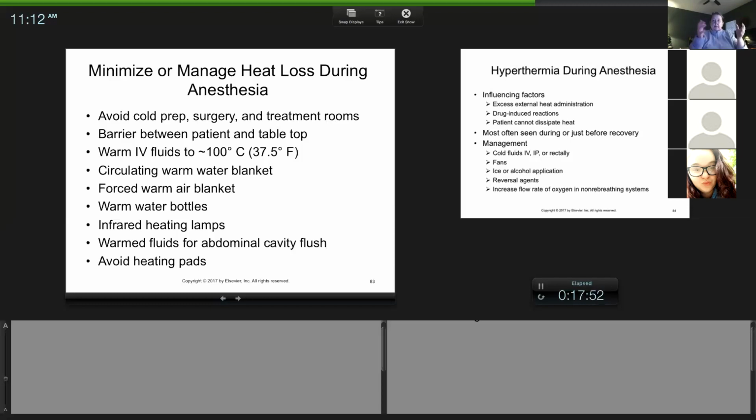So we always kept a bin of rice socks, fluid bags, put them on their paws. Those are definitely things to keep them warm. Now, to give you an idea, when you guys are sedating for radiology, they're laying on a cold table, and